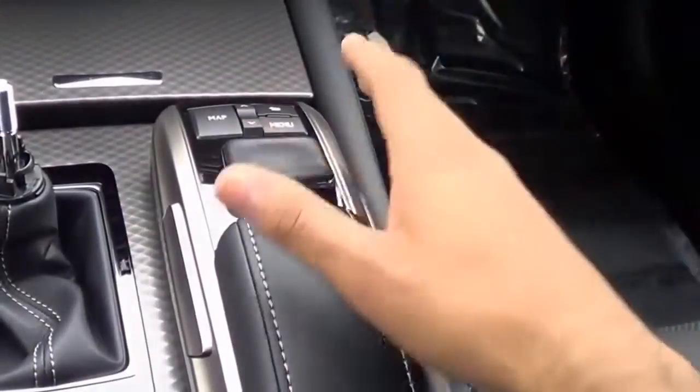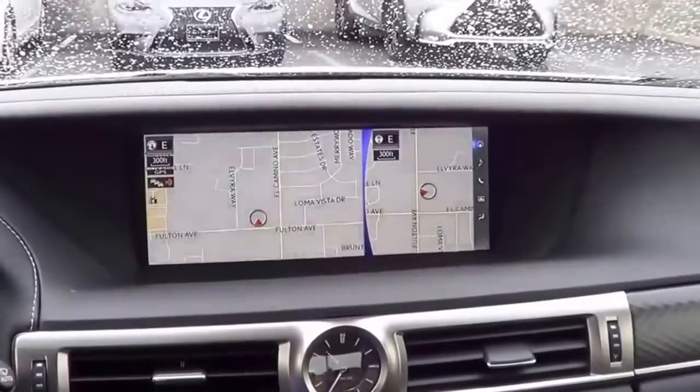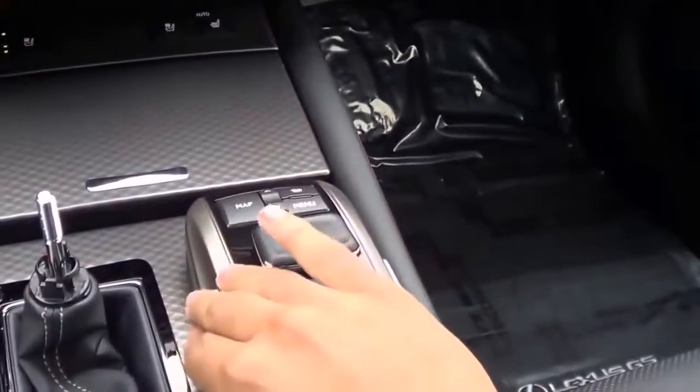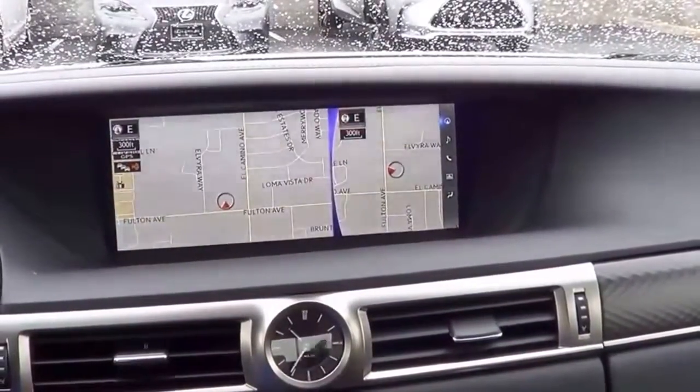Now, coming to the mouse-like controller, this is for your Lexus Infotainment system, and we do have a 12-inch screen, one of the biggest screens in the business. And then you also do have the buttons surrounding it, and then the little enter button on the side right here. I'm not going to go over too much on this system since we've seen it many times here before,